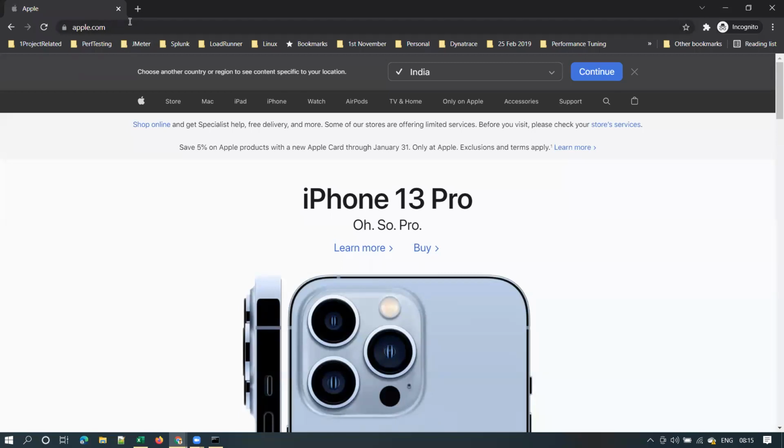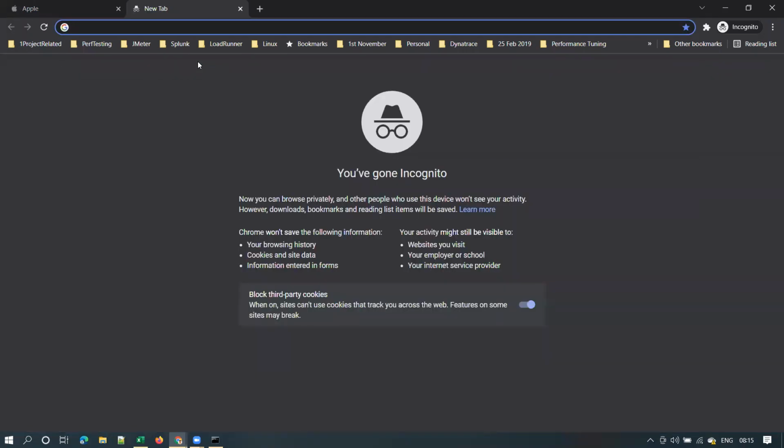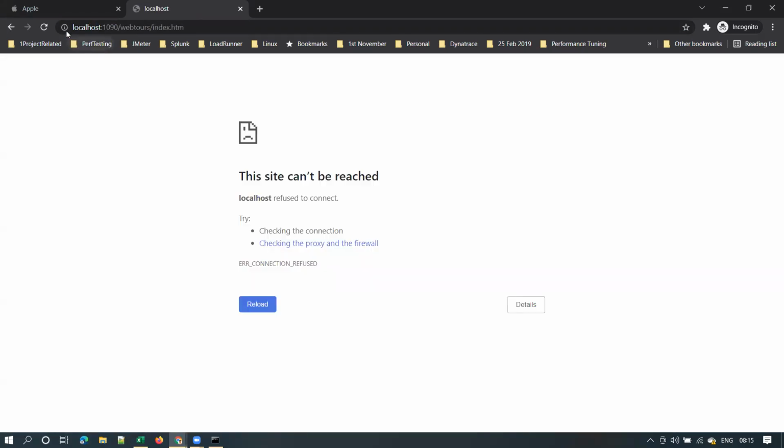And how do we know whether it is an HTTP or HTTPS request? The security lock symbol. In the browser address bar, if you see a padlock symbol, that is an HTTPS, secured application. Whereas I'm using a local application also, which is an HTTP application. You don't see that padlock symbol for this.